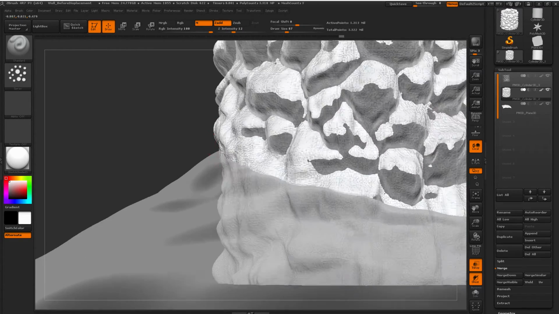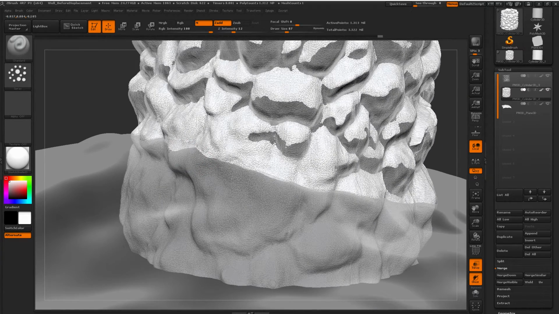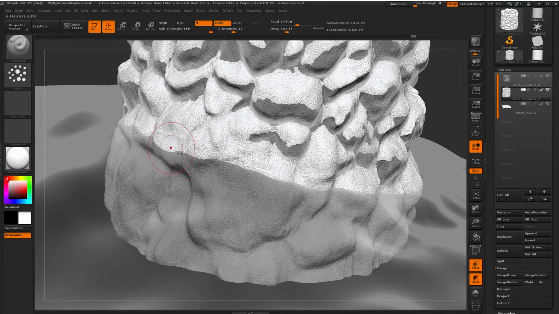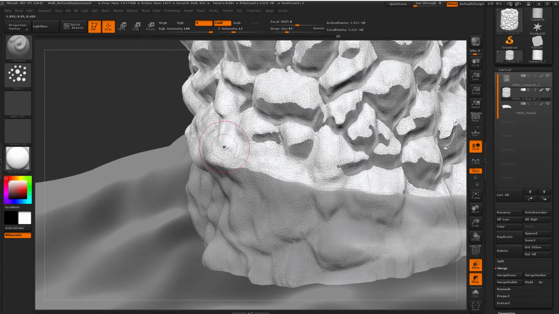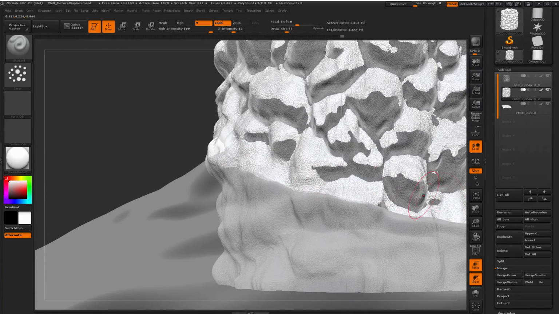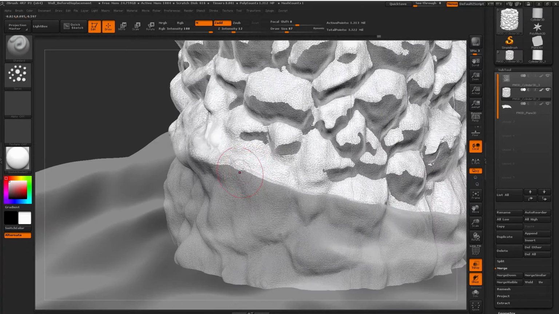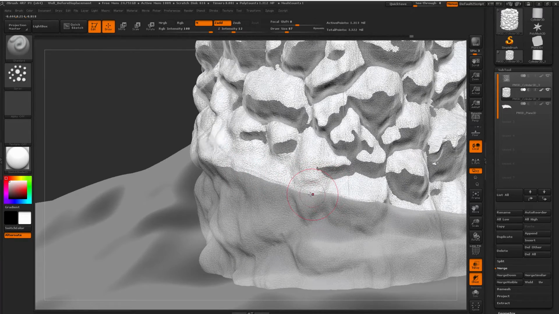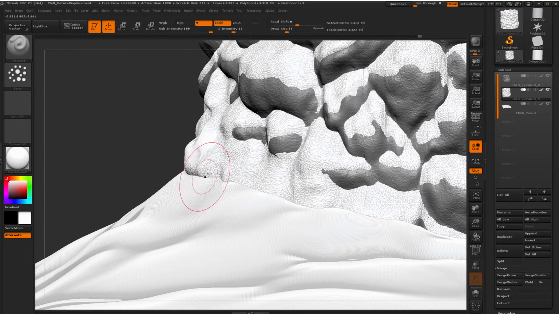And then we should actually have a little bit more building out from here. So it feels like it's mounding up. I'm going to hold down the shift key to smooth that out in a few places. Probably be a little tricky to get these to blend nicely, but I think this will work pretty well in the end. Alright, so what we don't want to have is this kind of thing where it feels like it's